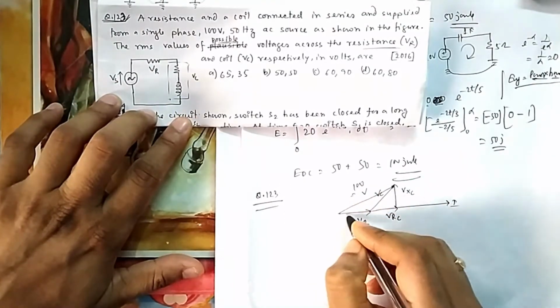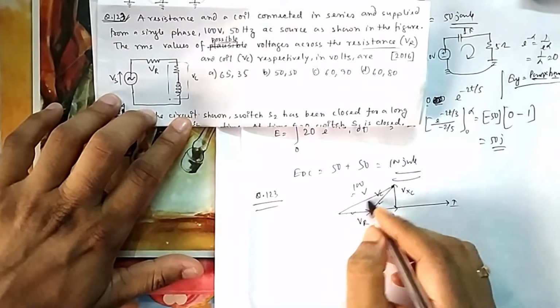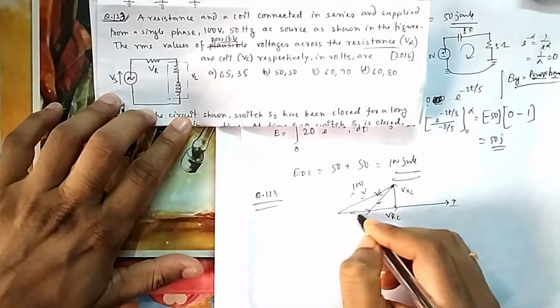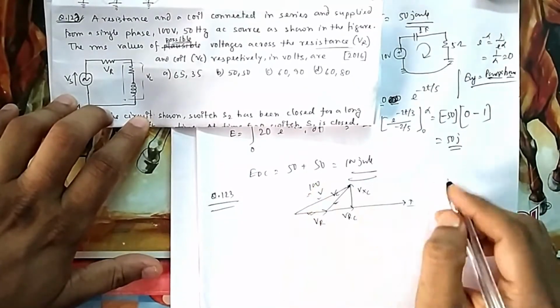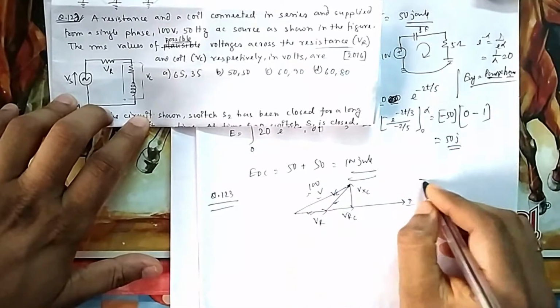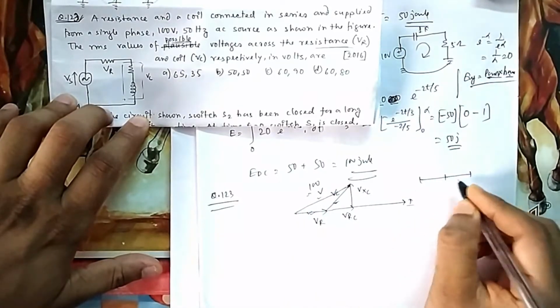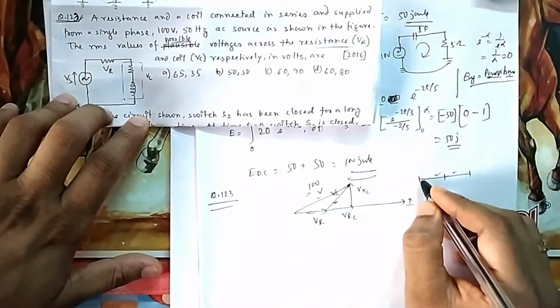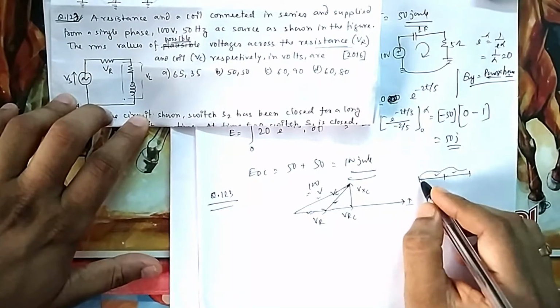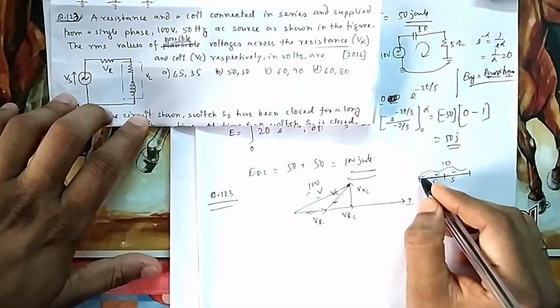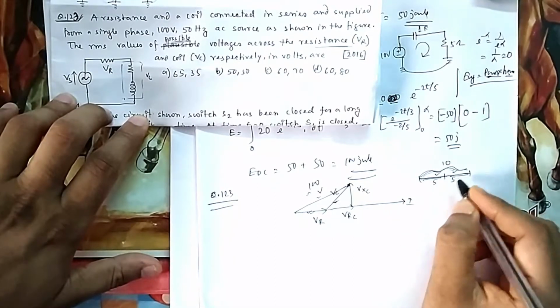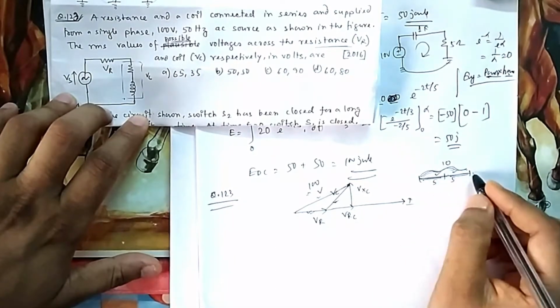Now what should these two sides be, how much can they be? If you see this triangle, what is the triangle inequality? The sum of two sides must be greater than the third side, then it is a triangle. If the addition of these two is equal to the total, then it is not a triangle, it is a straight line. Suppose it is 5 and it is 5; if you add 5 plus 5 and it equals the third side, it is a straight line, not a triangle.